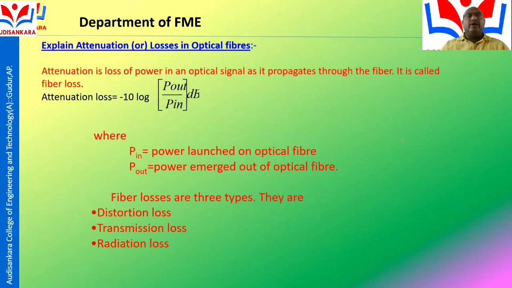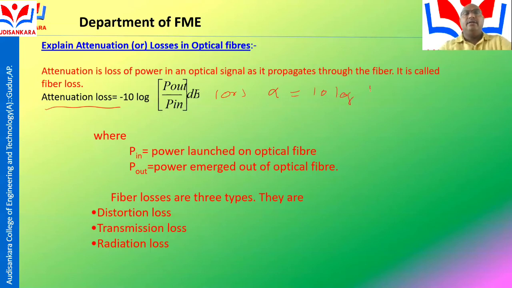So my dear students, what is the attenuation loss, or loss, of optical fiber? For example, sometimes when you are calling from your home to your friends, the signals are encountered. Attenuation is the loss of power in an optical signal as it propagates through the fiber. It is called loss. Here the attenuation loss is minus 10 log of P out by P in dB, or it can be changed in the equation like the attenuation coefficient alpha is equal to